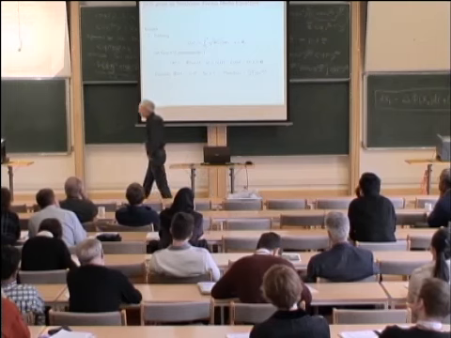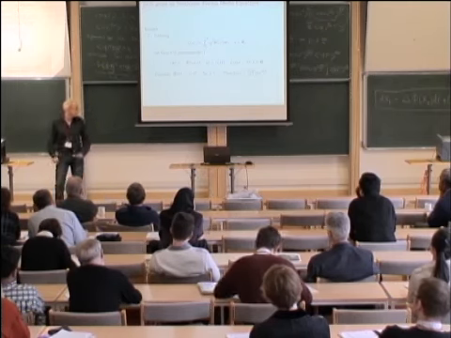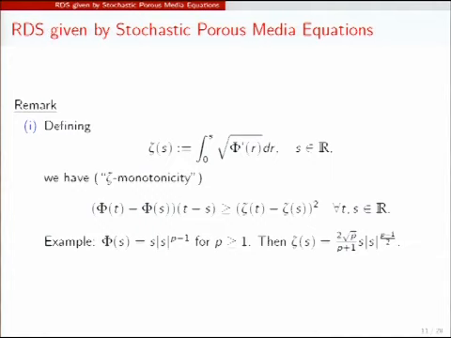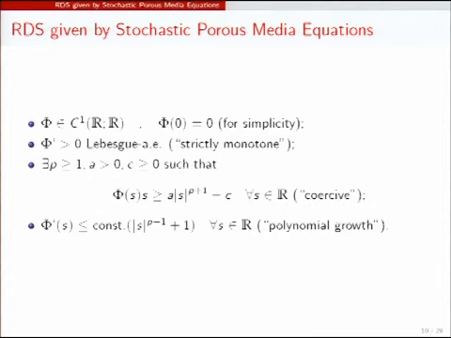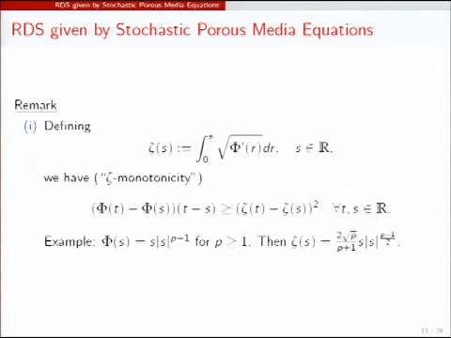But now there's one technical thing we discovered. Maybe it is known, but so far we could not find anything in the literature. We define this function because phi prime, if we have differentiability, we can define this function, and then we can sort of measure how monotone the phi is. Of course, by this, this is a monotone function, and we measure how monotone it is by this function zeta. Yeah? So if you define zeta like this, there's a simple exercise that you have this inequality. So that sort of measures the monotonicity.